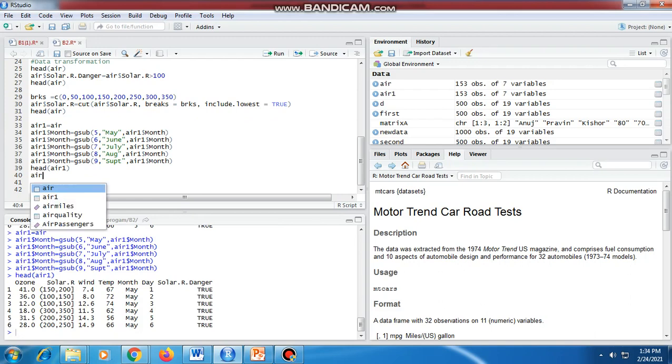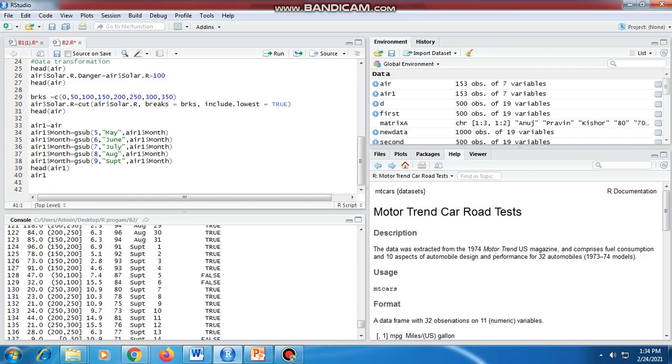Here we are just printing the head; if we print the whole, it will replace all the month numbers by the month names.